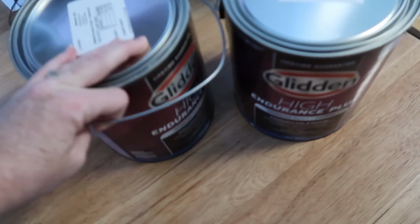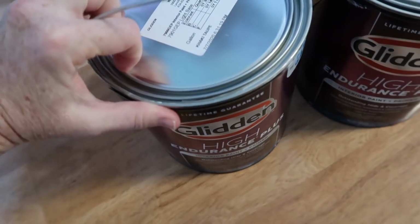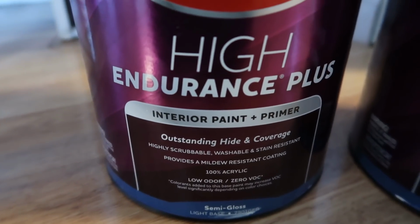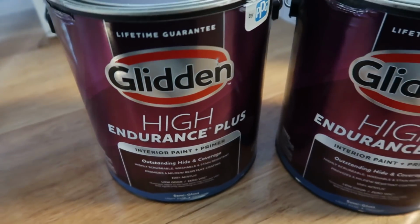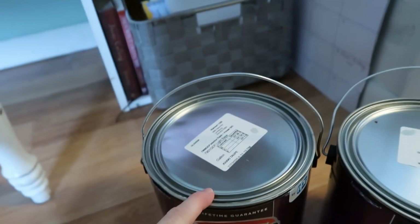So we went yesterday and picked out the paint, and we were at Walmart, and I just got it from Walmart. This Glidden paint is really good. This is the Glidden High Endurance Plus. So hopefully this will be the best they have. It's not cheap, it's almost the same price as Sherwin-Williams, but their color matching, let me show you the